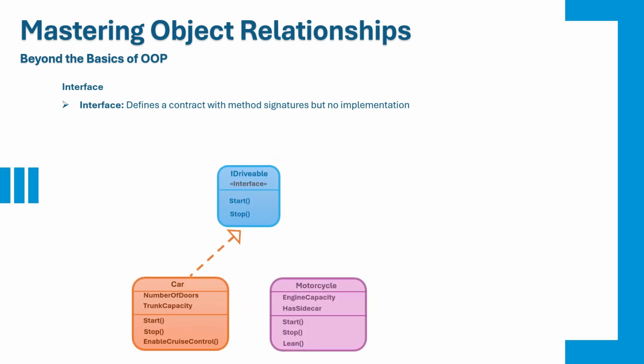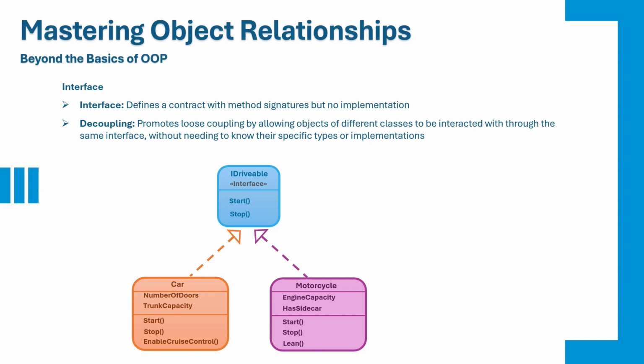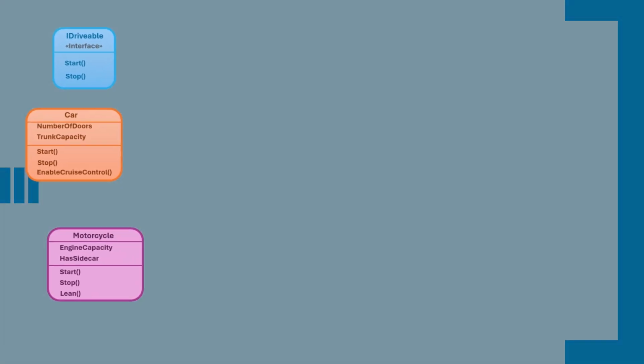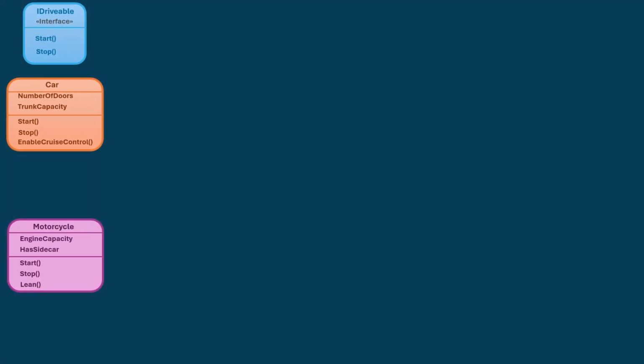Interfaces offer several key benefits to your code design. First, they promote loose coupling by allowing different classes to implement the same interface, which lets you swap objects without changing the code that uses them. In this example, we see how interfaces enable flexibility by defining a contract for behavior without tying it to specific